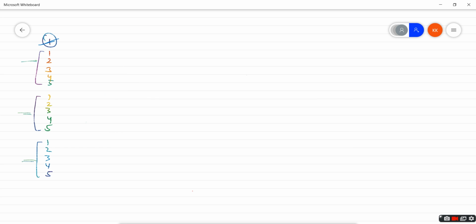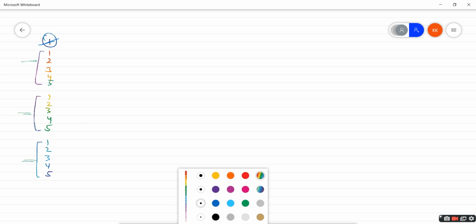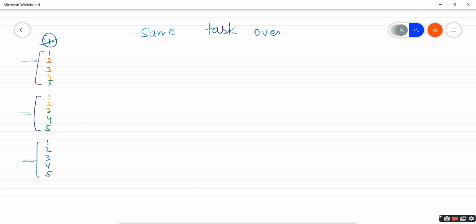So, in general, when do we use a for loop? When we have the same task over and over.